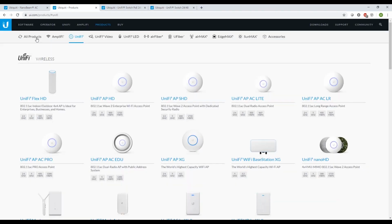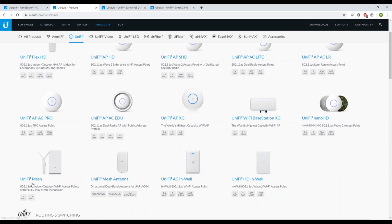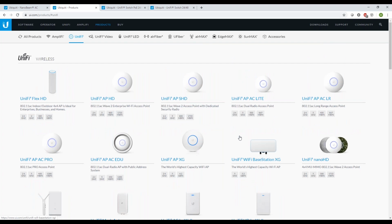Yes, absolutely. Any of the access points, you can mix and match any of these models together in your environment and duplicate settings across them as far as SSIDs and shared passkeys go. And they also support seamless roaming between them. So if you have your Unifi mesh access points outside, you've got a couple of UAP-AC Pros in some of